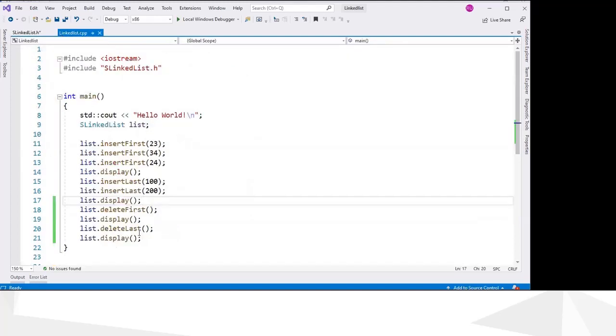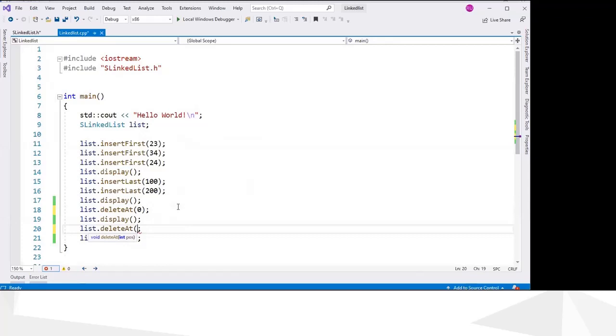So now instead of delete first, I am going to pass delete 0, and here also I will delete.